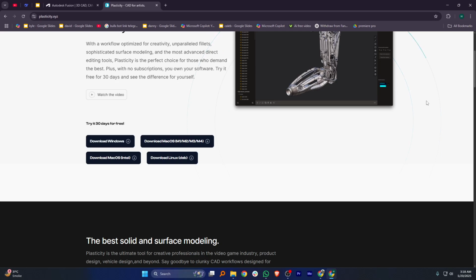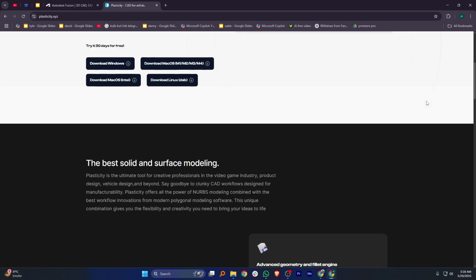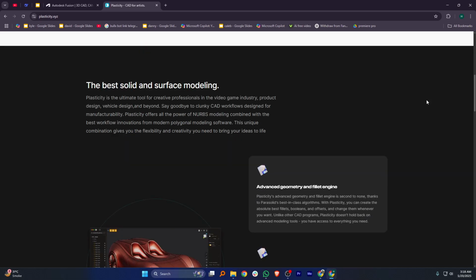You can still achieve accurate designs, but it's more geared toward creative professionals who value flexibility and fast results over technical details. Plasticity doesn't have built-in simulation or manufacturing tools like Fusion 360, so it's not ideal for mechanical engineering